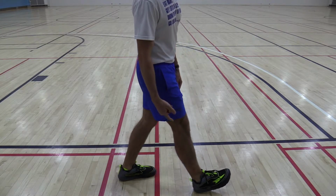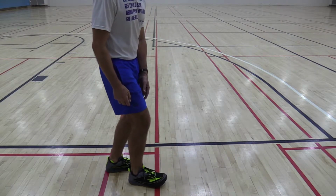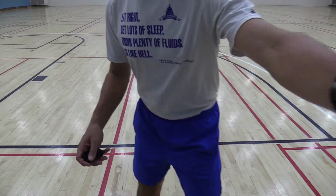Now, it doesn't have to be this big, ugly heel strike that I'm demonstrating here, but most of the runners I coach who come to me with these short, quick, short, quick strides, it's a lower leg pendulum swing. As I bring the camera back up,